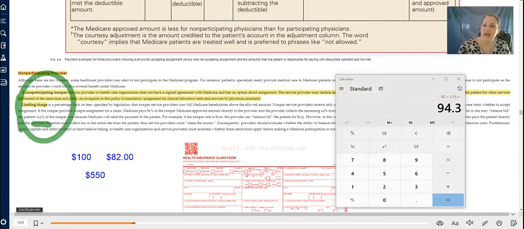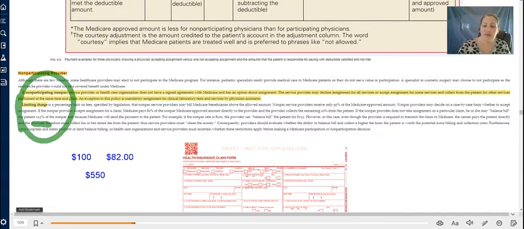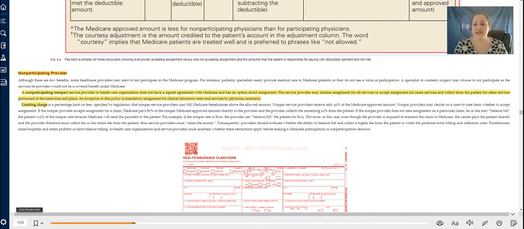And the non-participating doctor says, I didn't sign a contract. You can't tell me what to do. I can charge anything I want to. And to that, the federal government says, we're the government and we can do anything we want. And you will follow this limiting charge law, because they passed it into law in Congress to be able to